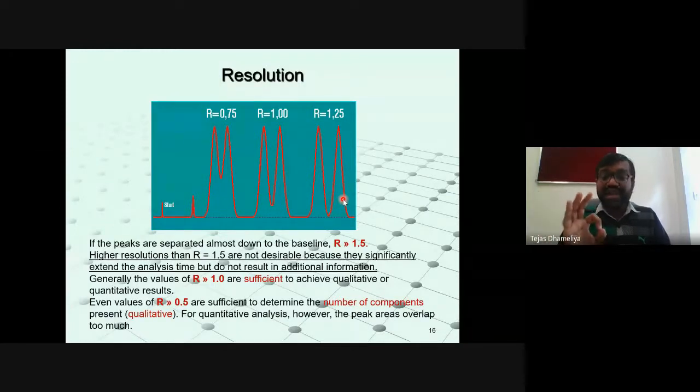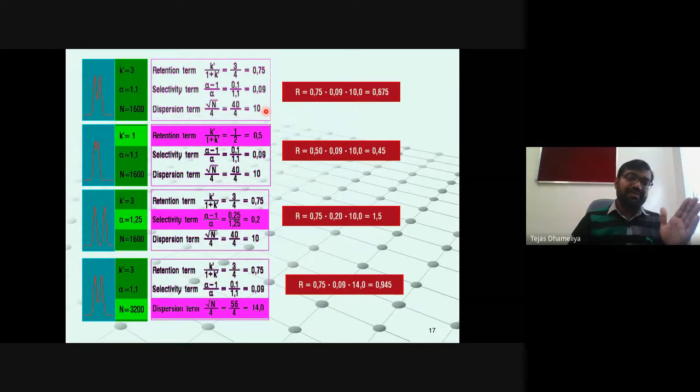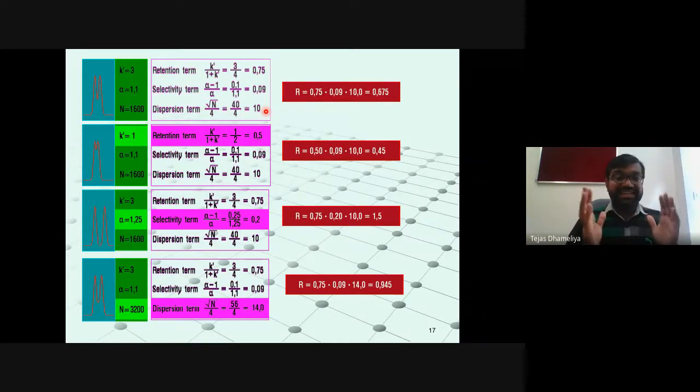So that is what is called excellent and ideal separation. This is not ideal separation, and this is not a separation at all, because the two peaks have been merged. Then we have seen all of these parameters, which highlight what the values of these parameters should be so that we can achieve ideal separation. So in general, the message of this slide is that as the number of plates increases, separation increases. As the capacity factor increases, separation increases. And as the resolution increases, separation also increases.